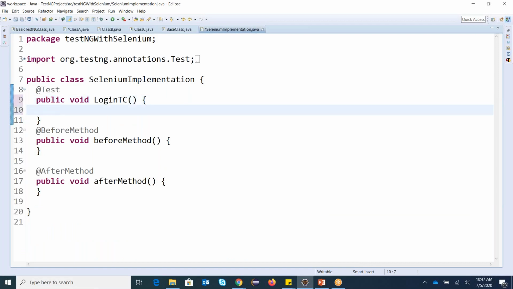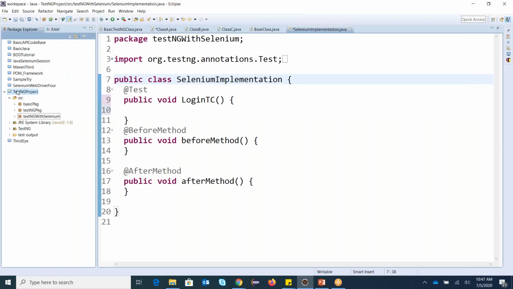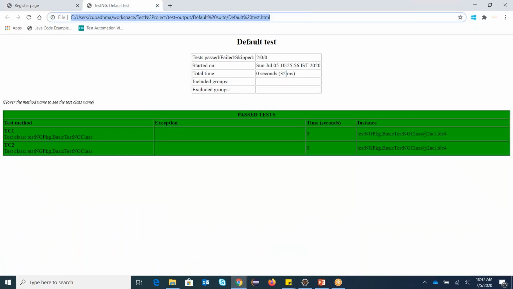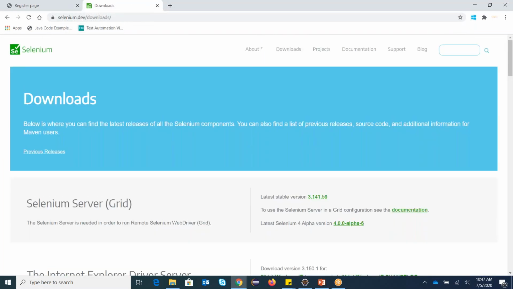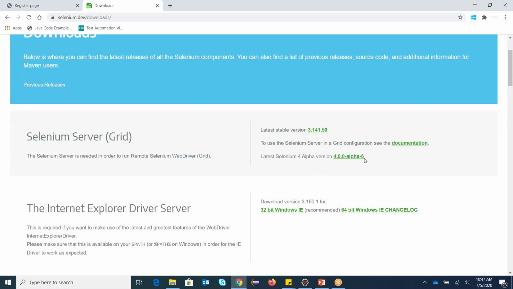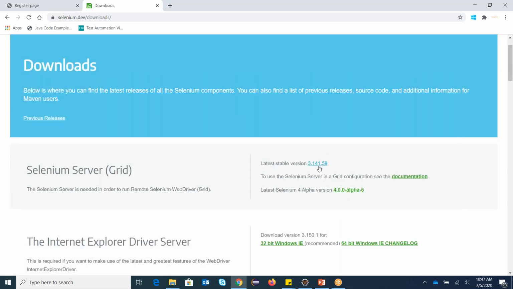Okay. And now, before we start, we need a Selenium library here. For the Selenium library, you can go to the Selenium download site and download any of the stable versions. This is my stable version right now, 3.14.1.59. And this is the alpha version. I already shared one video on YouTube on how to work on Selenium 4, but I can show you how to work on the Selenium